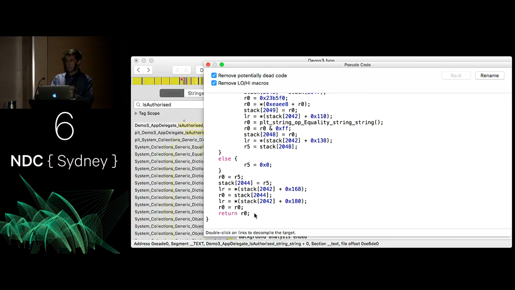I can then save this back into the binary. I can repackage that, and I can install it onto my device so that when the binary is running on my device, isAuthorized is always going to return true, and it's always going to let me in. So if I can do that to my own app, then somebody else can, and that's not a great scenario. If anyone did have a jailbroken phone and you've got some games on there, for example, that give you infinite lives, someone's found something like this, modified the binary, and that's how you got hold of it.